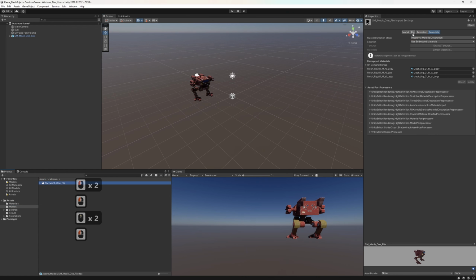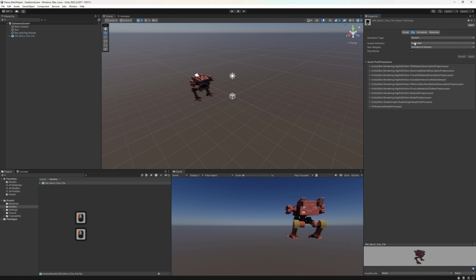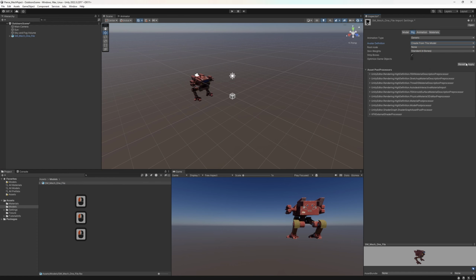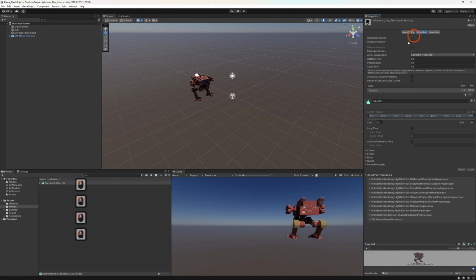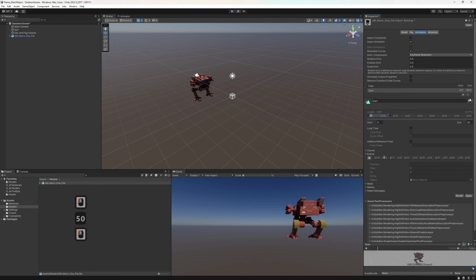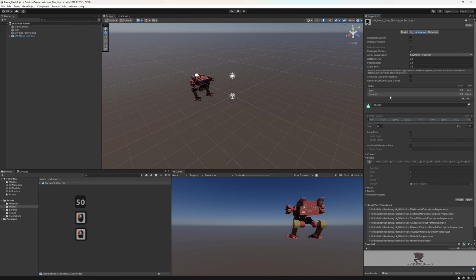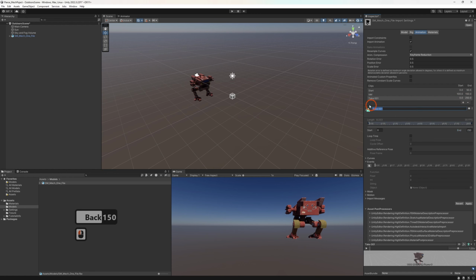I can go back here, go to my rig. You want to make sure you create it from this avatar and hit apply. Go to your animation tab. We have to break this up. So I've got a start, which is basically frame 0 to 50. I'm going to hit the plus here. All right, and this will be idle, which will be frames 100 to 150. Right, and then I can hit the plus. Call this the